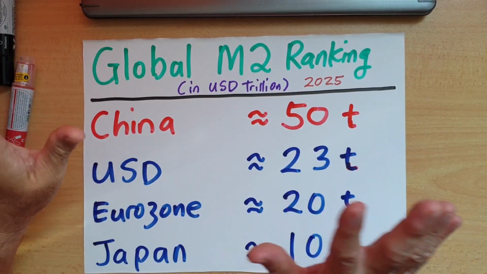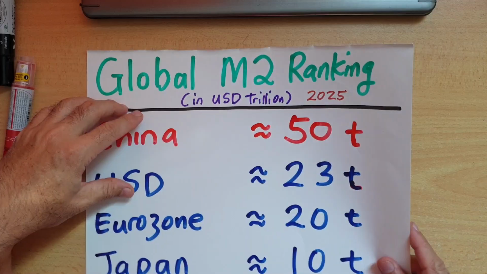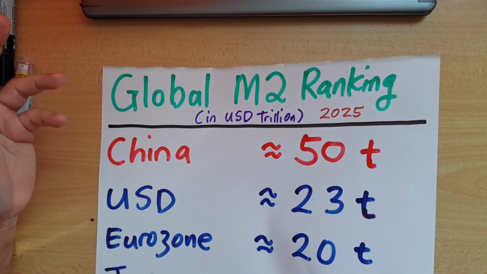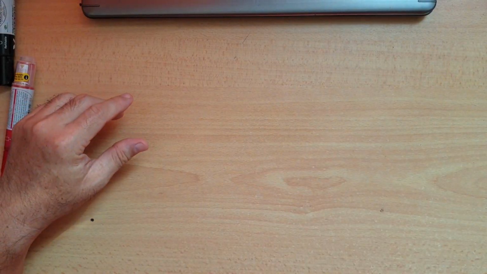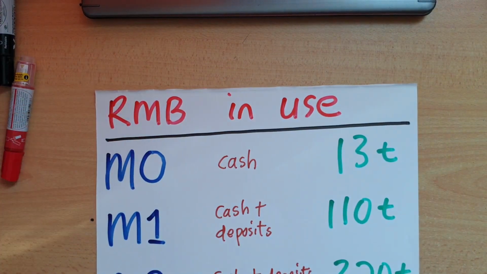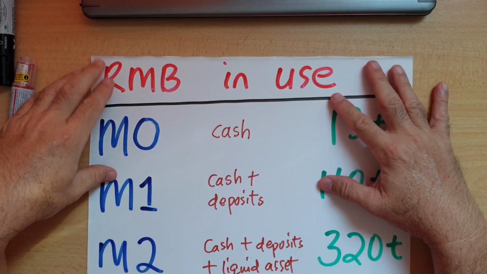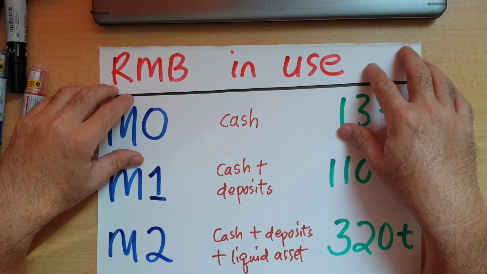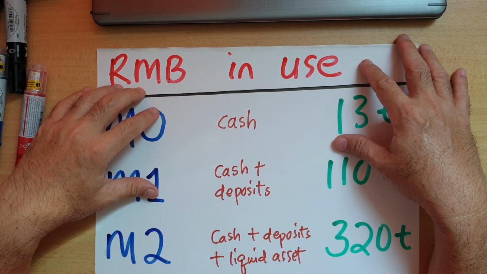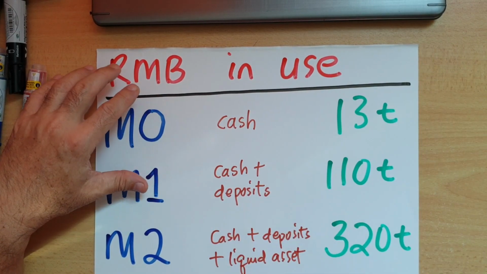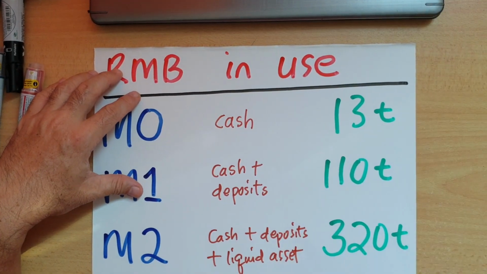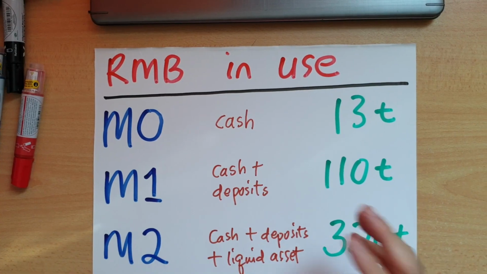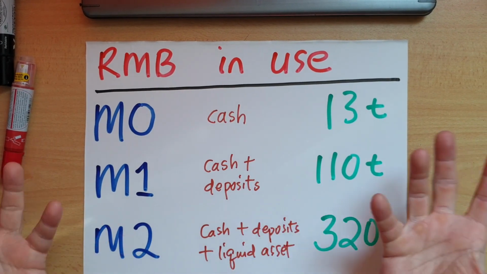So I hope that gives you a very clear explanation of why, despite the fact that China is number 2, China is ranked number 1 for M2. So now back to China domestically. Let's focus back into China itself, because this will enhance your understanding of CNH and CNY. So you might ask, okay, now I know the difference between CNH and CNY. So how much renminbi is there in the whole China system?